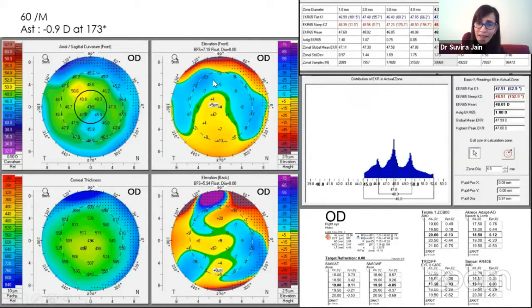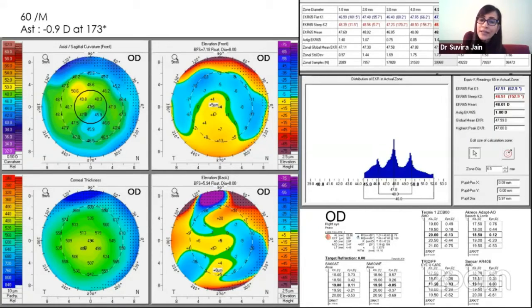So this patient has a fairly irregular astigmatism, but when you look at the EKR 65 mean map, they always say that in the 4.5 millimeter zone, which is the zone under scotopic conditions, the maximum dilatation of an average person, the variation should not be more than 1 diopter in magnitude and 10 degrees, and it is not there. So you've got a patient with an irregular astigmatism, but the EKR mean at 65 shows very little variability.